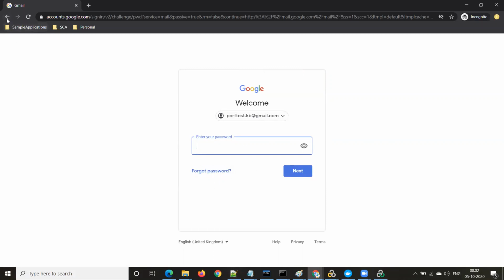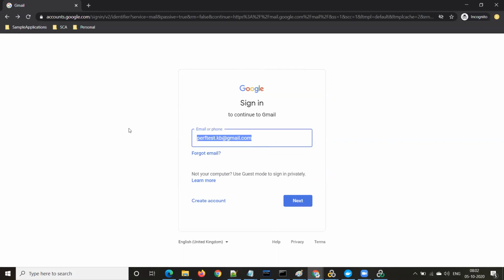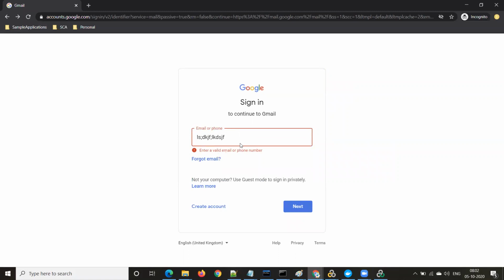But if you gave some junk email ID, first it will show to enter a valid email or phone number. Or else, perf test is there, but I'm not sure whether this ID exists. This is not my ID. If some other user has it, it will ask for the password. Otherwise it will say enter a valid email address. It is saying it couldn't find your Google account, right?